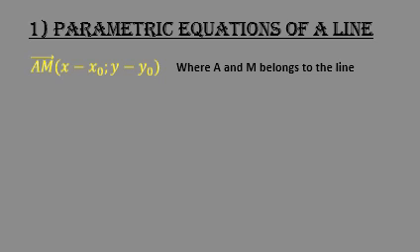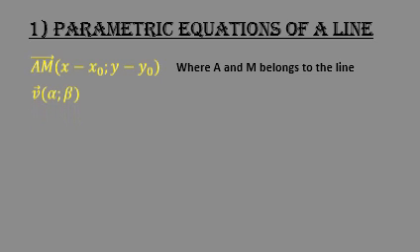The coordinates of A are given, but the coordinates of M are x and y. So M is any point on the straight line that has coordinates x and y. So we create the vector AM that belongs to the straight line,